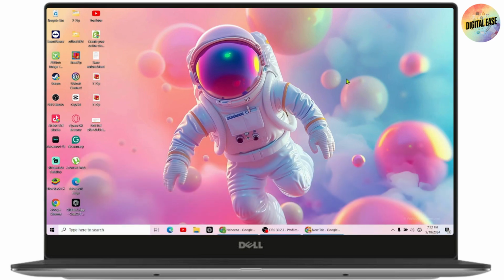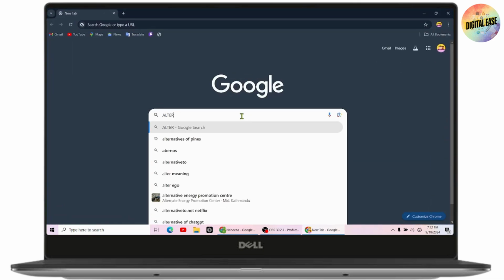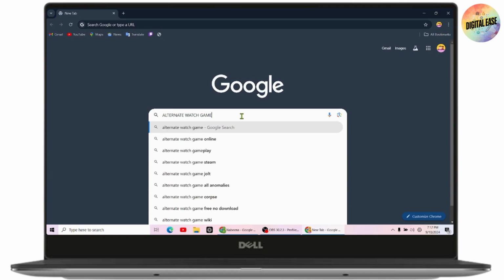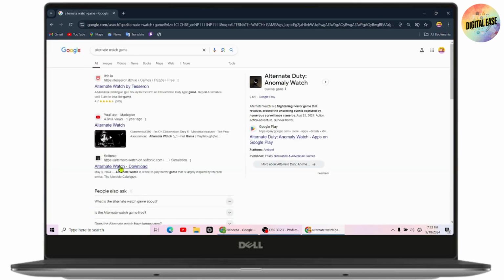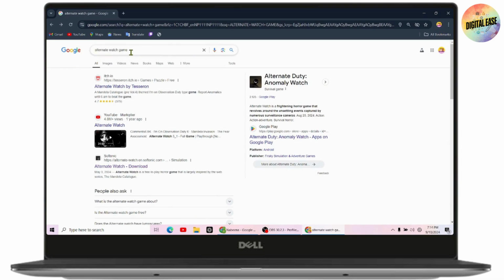So if you want to download Alternate Watch game, then first you need to open up a browser, any browser that you are comfortable with. Go with the search and search for Alternate Watch game. Once you search here, you will have Alternate Watch download. Go with that. And once you've searched for Alternate Watch game, you can go with the first search, which is